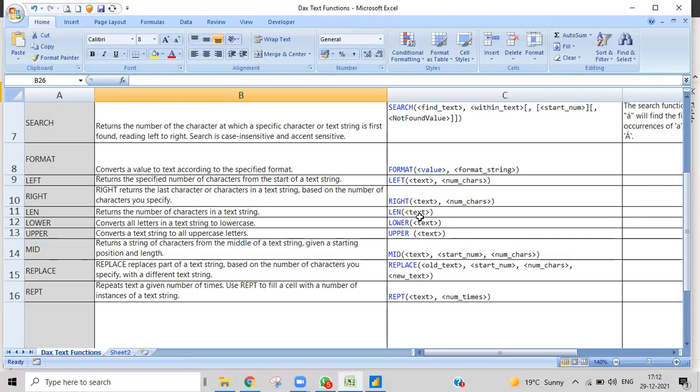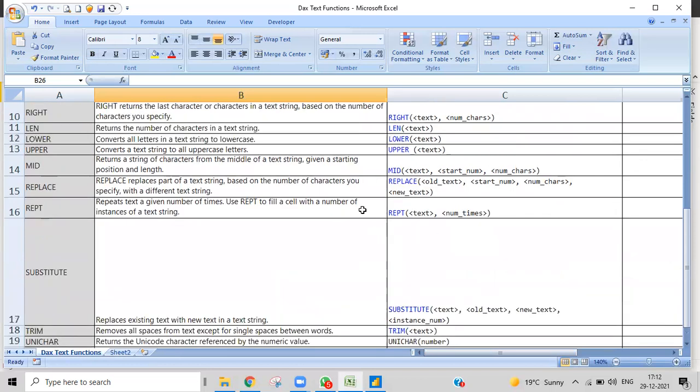That's it. The length is nothing but, it fetches the total length of the string. Then lower, whatever the case of the text, it will convert into lowercase, and whenever you want to convert to uppercase, you can use upper. Simple.